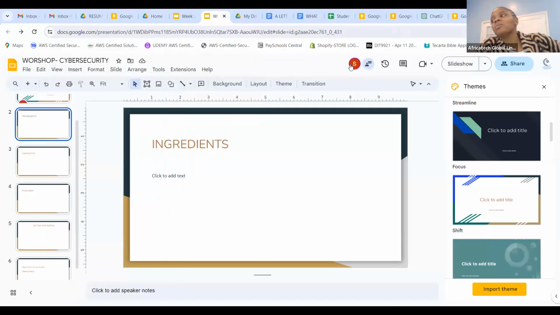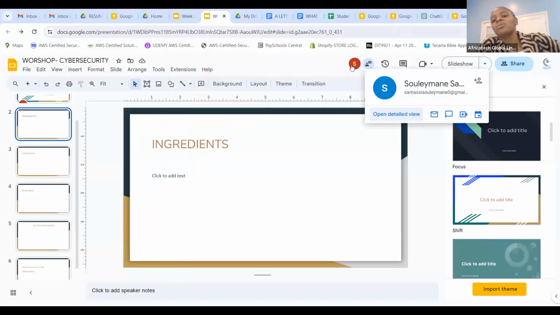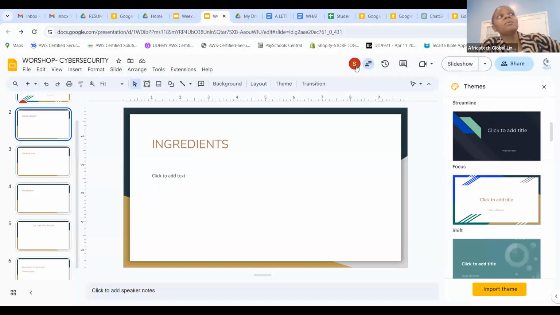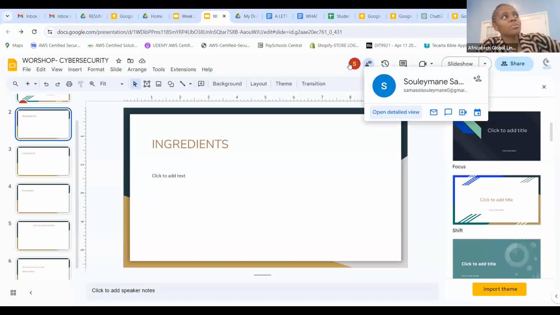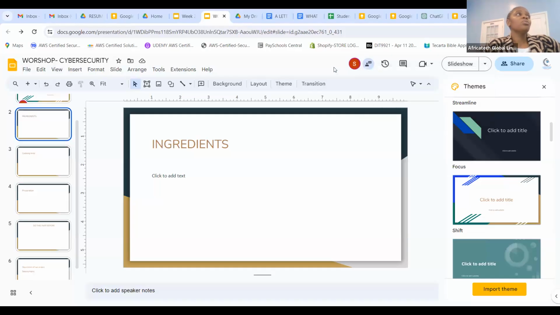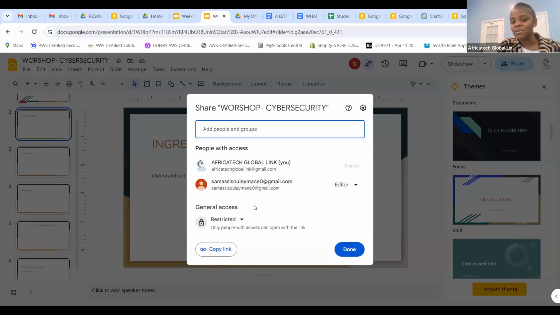And you see up here, you guys in the room, look here. You will see that Samasi joined. Look up there. It shows us, right, that he joined. So I'm not the only one working anymore. There's someone inside. It shows you even his email and stuff like that. So if you are working on your project and then you see someone appearing, you have to know, you have to go and maybe remove the person, right? Which means the person is seeing what you are doing. Seeing everything. So you give him access to look at everything.